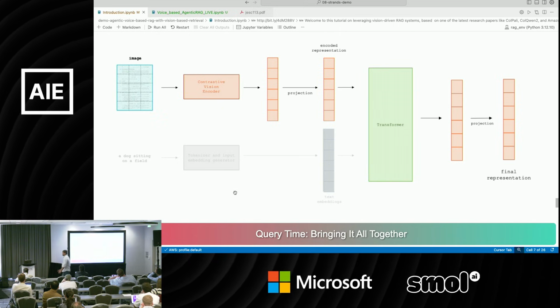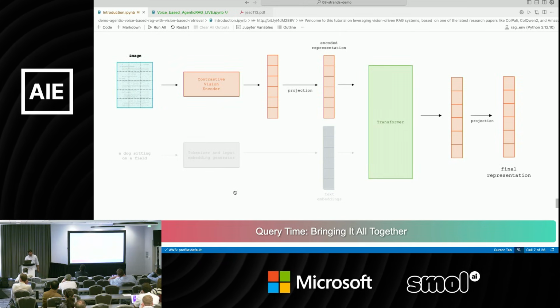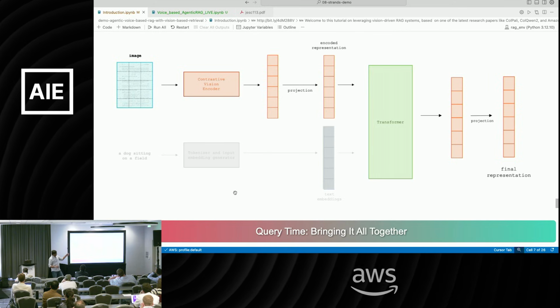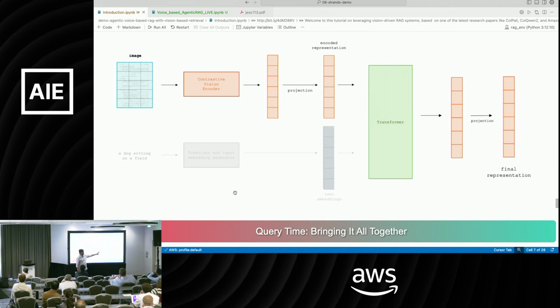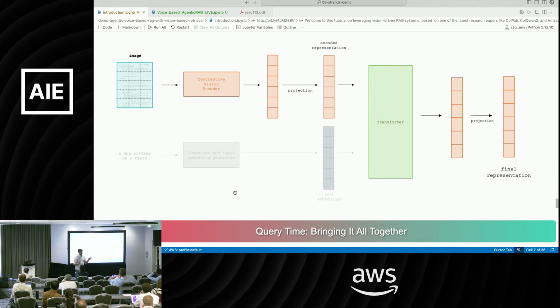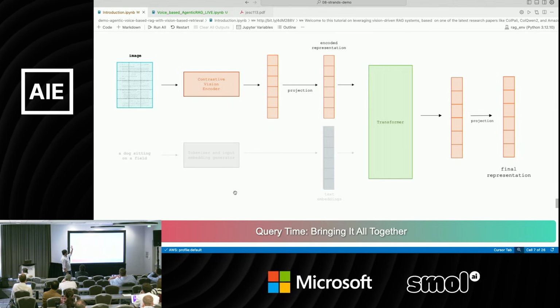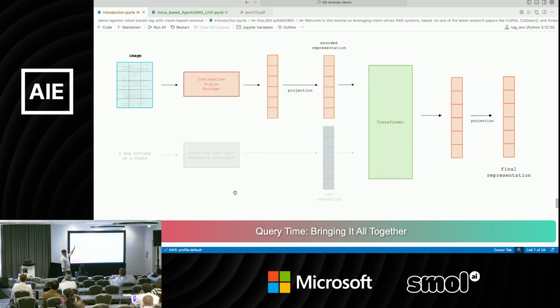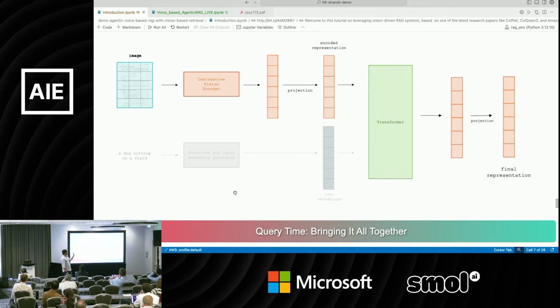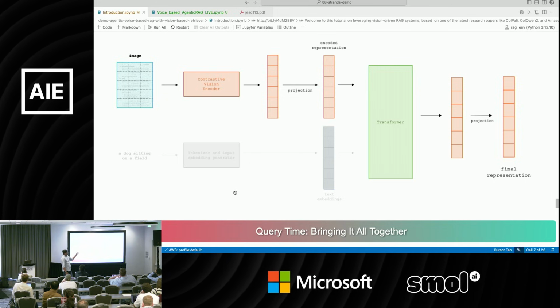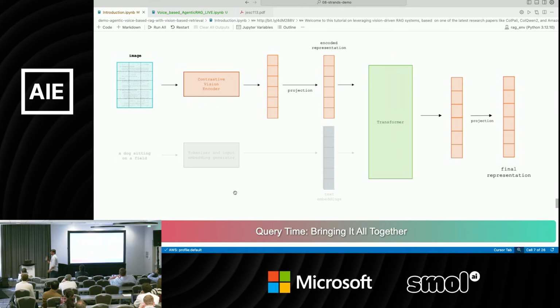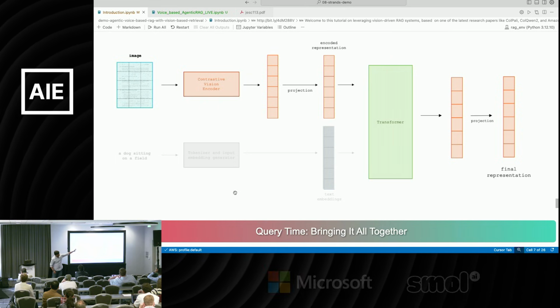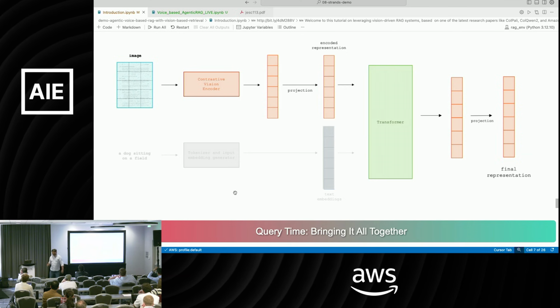Now, if you see here, in this case, this is grayed out, because now we are talking about after training. Once that model is trained, you will create the embeddings of your document. While you are creating the embeddings, there is no question here, right? So it will just use this path. Now, once those embeddings are done, once you get all these final vectors for your entire document,